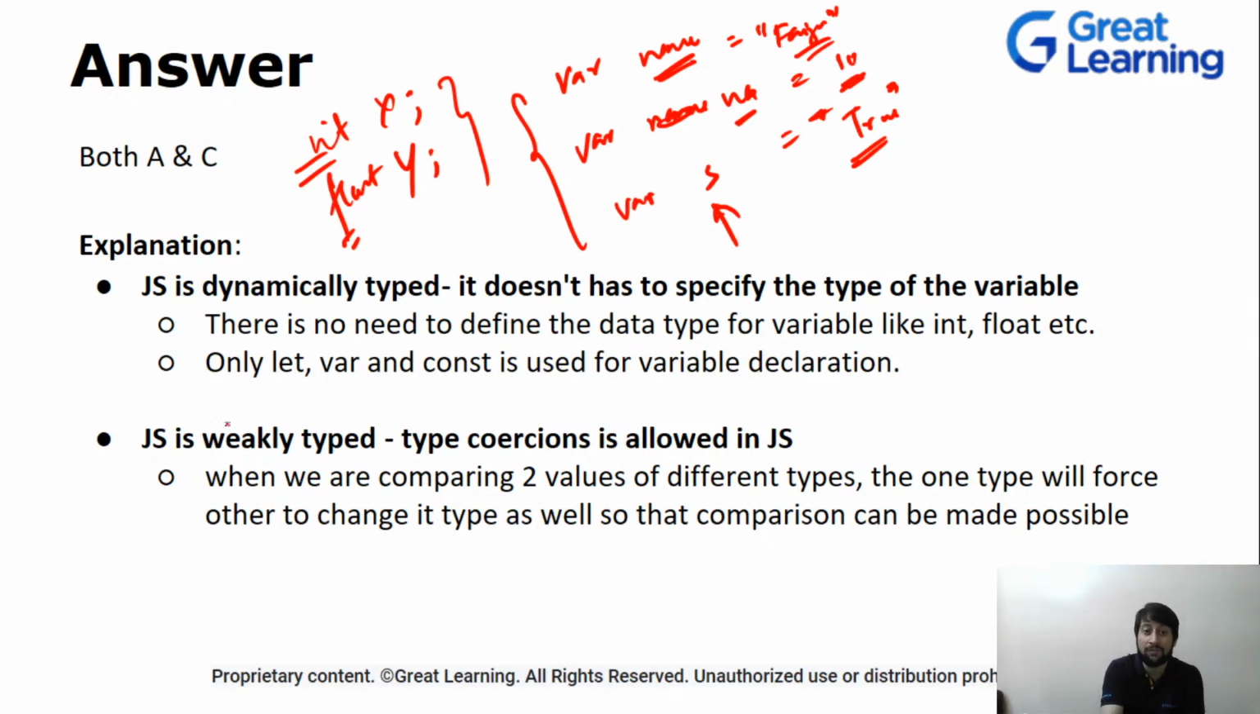But what about a weakly typed language? What does this mean? It means that type coercion is allowed. While you are comparing two values of different data types, the type of one variable will be forced to change into the other, so that the comparison is made possible. Let me give you an example. I'm writing an if condition: if 1 is equal to